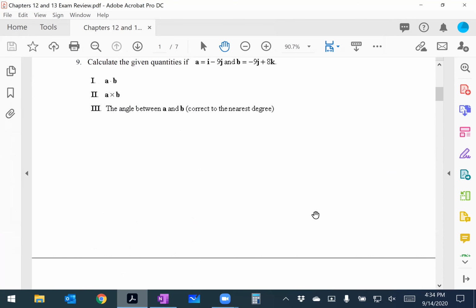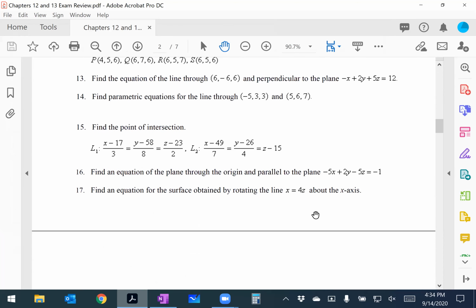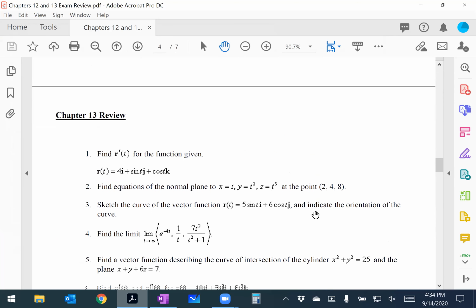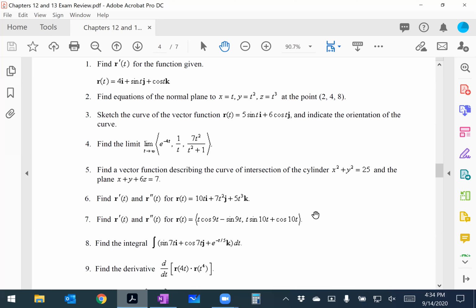Okay. Question number 2 on chapter 13. It says, find the equation of the normal plane to this space curve at 2, 4, and 8. Okay, so equation of the normal plane. Yeah, this one's kind of interesting. What's the normal plane? Well,